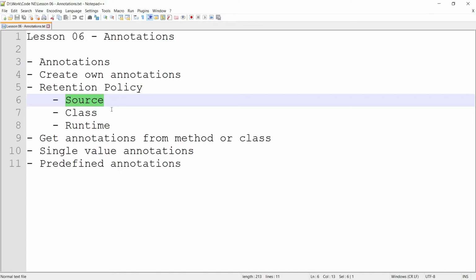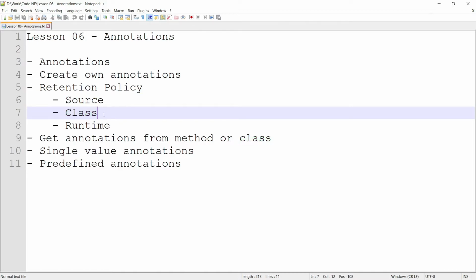The next level of retention is class, that means it will be present until the time it is compiled. The next level is runtime, that means the information about the annotation will be present at runtime, that is, it can be obtained while the program is running.